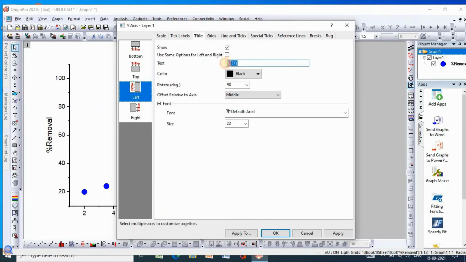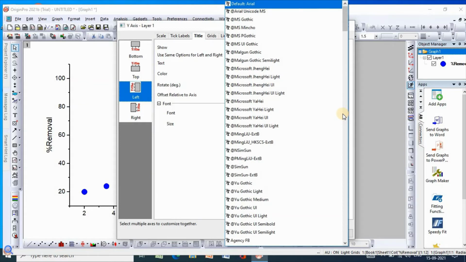For example, I make it percent global removal, and you can change color, rotation degree, position, and font size.